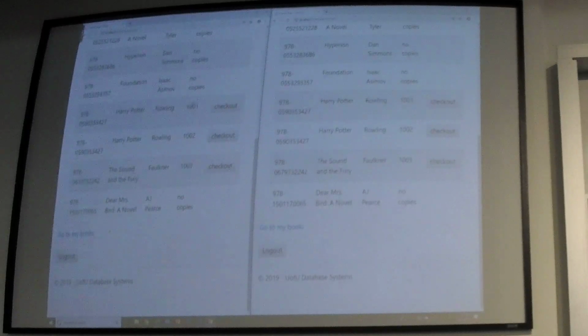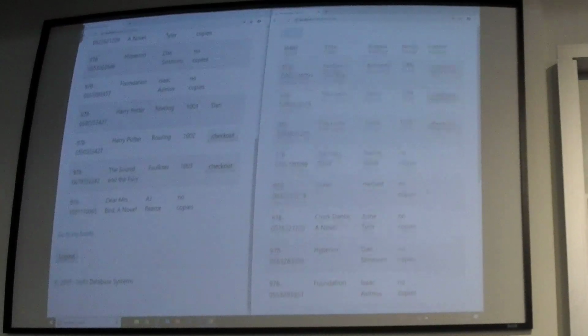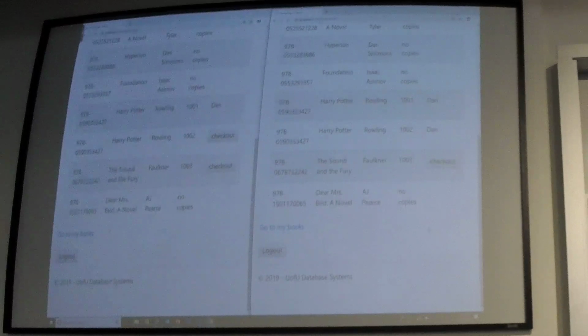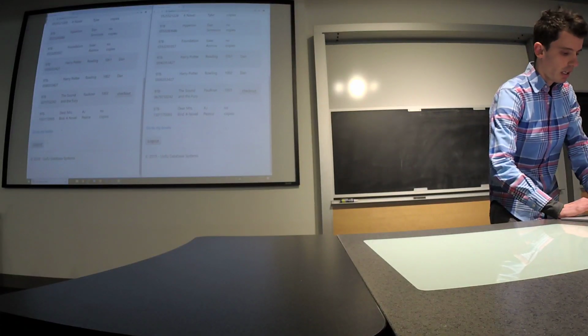So I'll try to check out Harry Potter serial 1001 over here and 1002 in the other client. And then we'll have to wait 5 seconds. So it looks a little weird, but this is definitely a problem. It let me check out both copies. Why is it showing up this way in the other one? That's just because it refreshed before the other checkout happens. If I manually refresh this one, now they both show that somehow somebody was able to check out the last copy of Harry Potter,